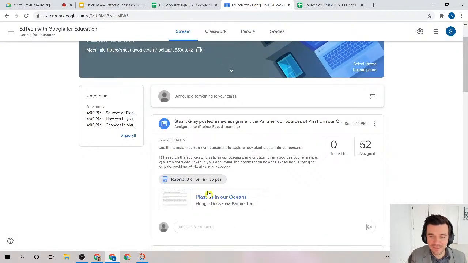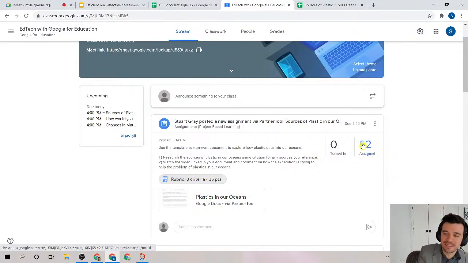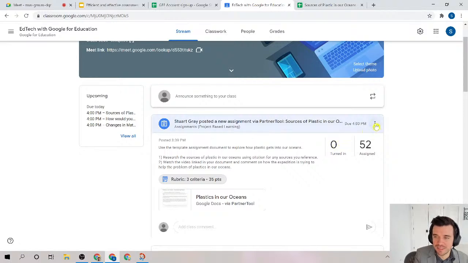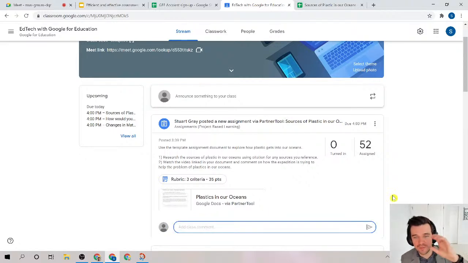And then when ready, they can click on that to start working on the assignment. I can see the status of how many have been assigned and how many have turned it in. And again, we've got our due date set up here. We can also just write in the comments about questions students may have, and they can ask questions themselves directly,